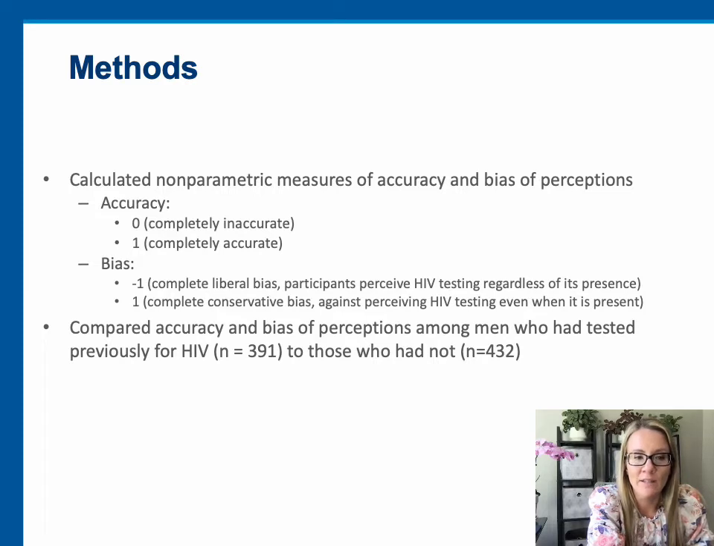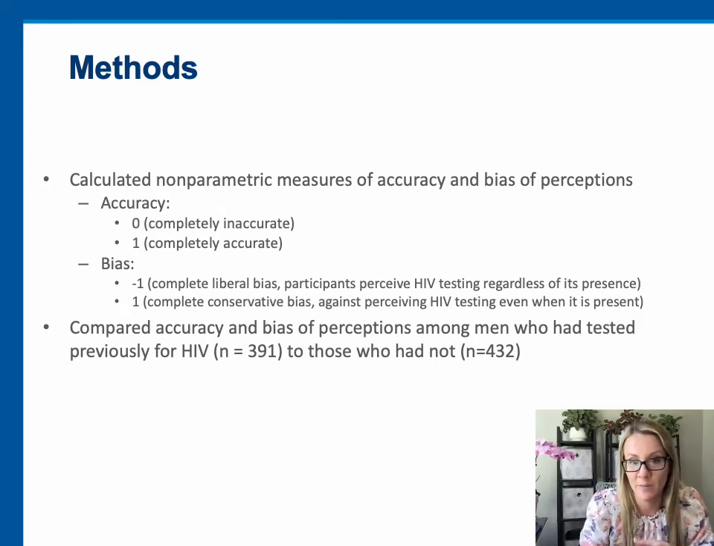A 1 was a complete conservative bias, meaning that they were not perceiving HIV testing, even when it was present. So when they were wrong, they were always saying that HIV testing did not happen. Their best friend had not tested for HIV. Okay. Then we looked at how accuracy and bias differed amongst the men who had previously tested themselves compared to